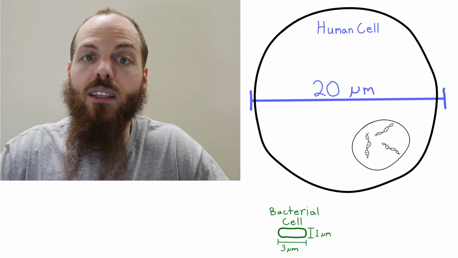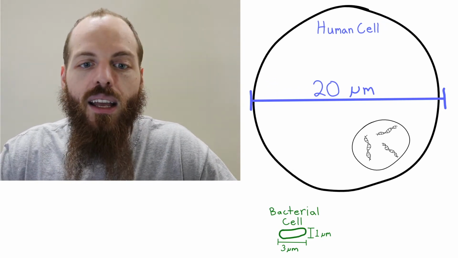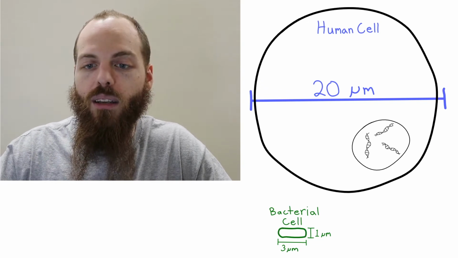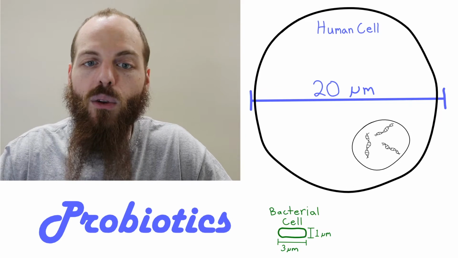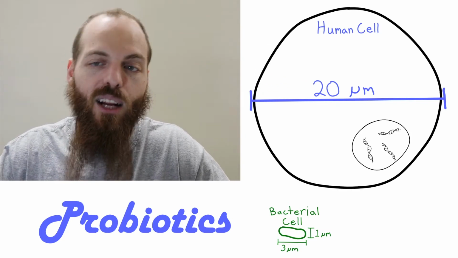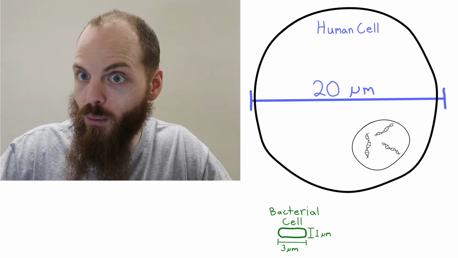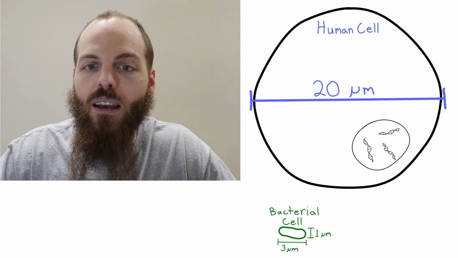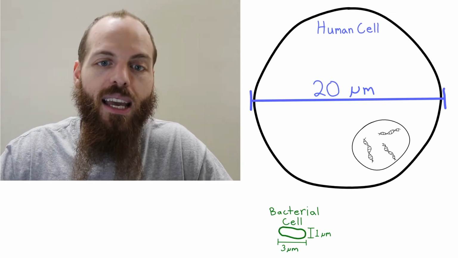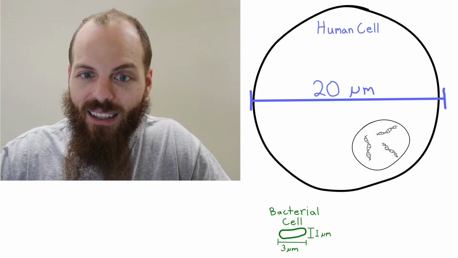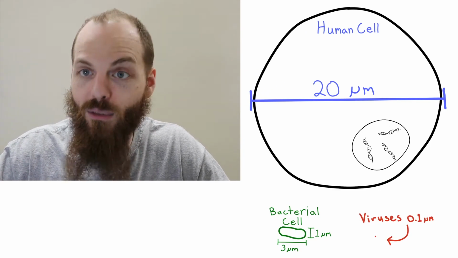There's actually trillions of bacteria that live on your skin and inside your body. They're really important for keeping you healthy. For example, if you've ever heard of probiotics, those are bacteria and yeast that help with digesting food. Now, the other type of germ, viruses. Viruses are also small, much smaller than our cells, and even smaller than bacteria cells. They're about this big, and they are everywhere.